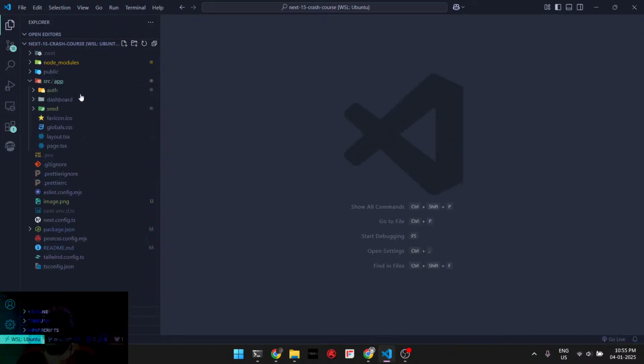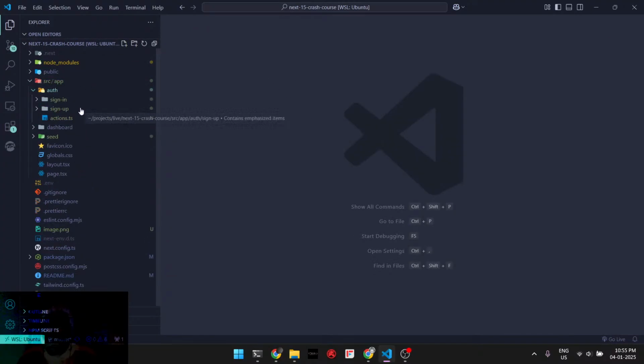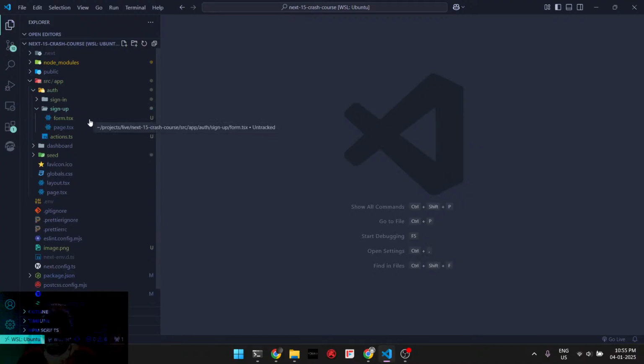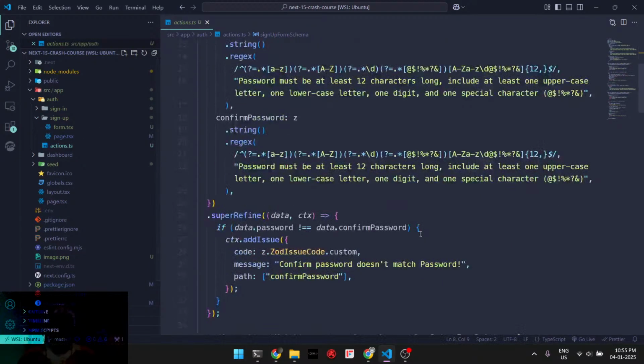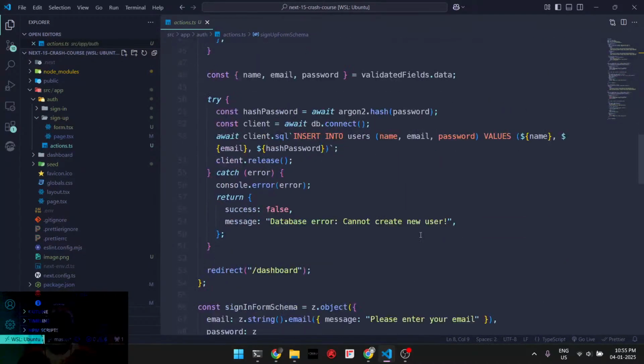So we will go back to our auth in our sign up, and in our actions, we see that here we are able to insert the users, right? So now, since we have inserted the users, what we can do is